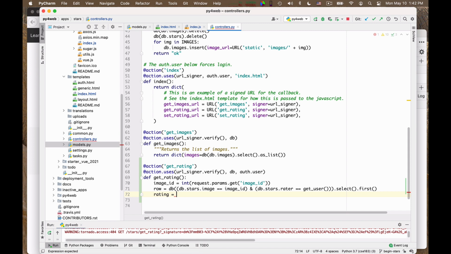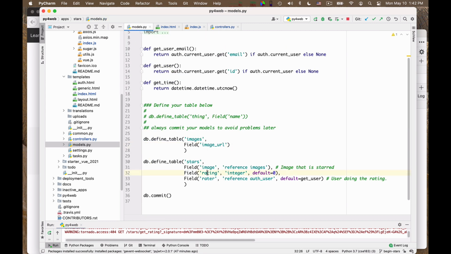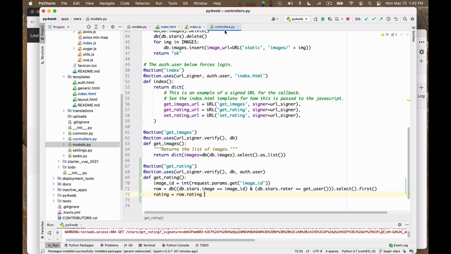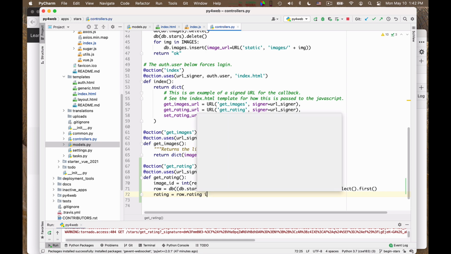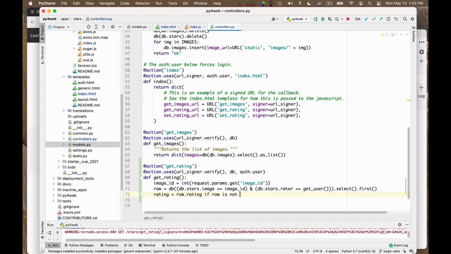Okay, rating is equal to row.rating, because in the models we called it rating, right? So row.rating, if row is not none, otherwise it's 0.